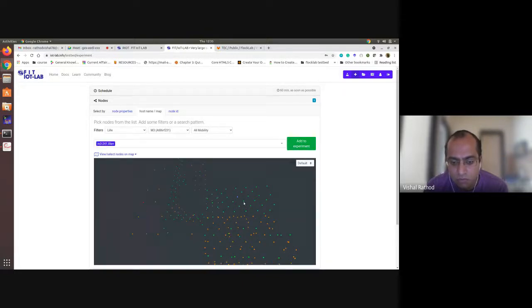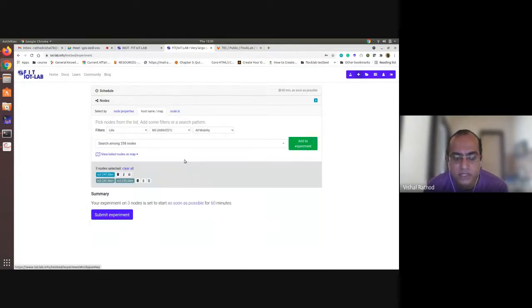Now these 2 are servers, again experiments. Now I close it. You can see that. So now if you are using this GUI and if you have code on your local system, I will show you how you can upload it. But this node will be the border router and these 2 nodes will be the servers.